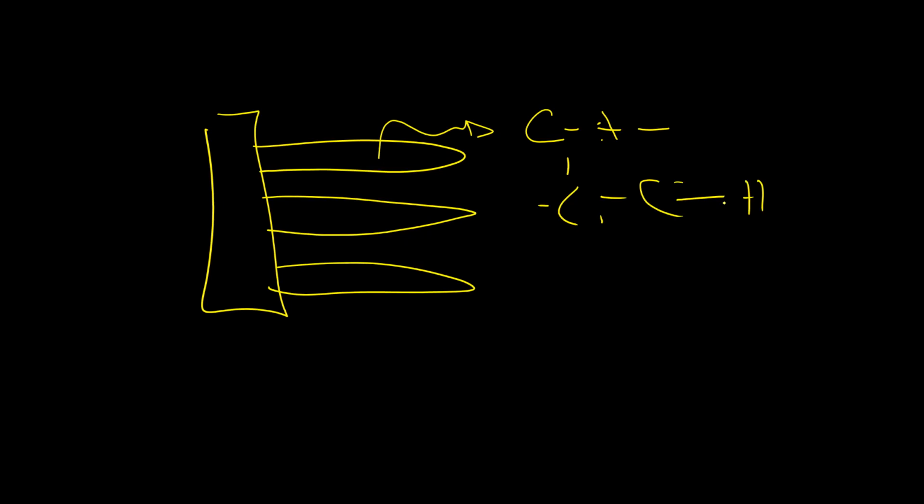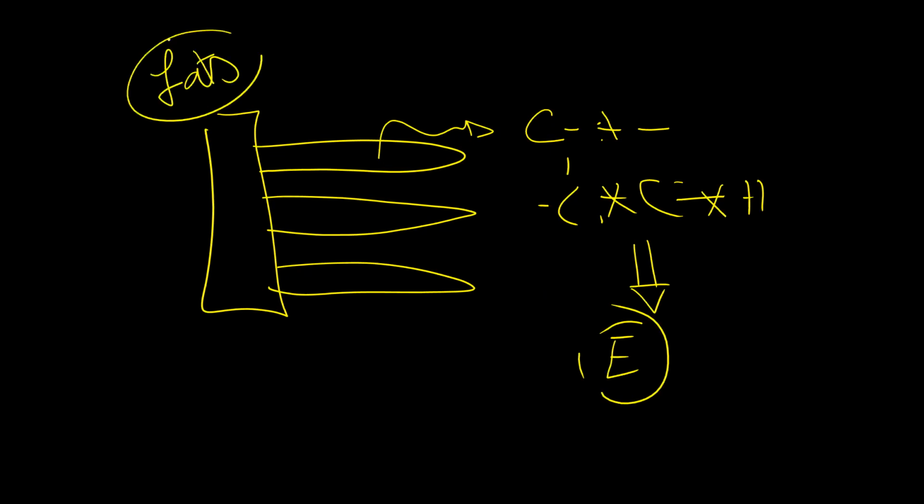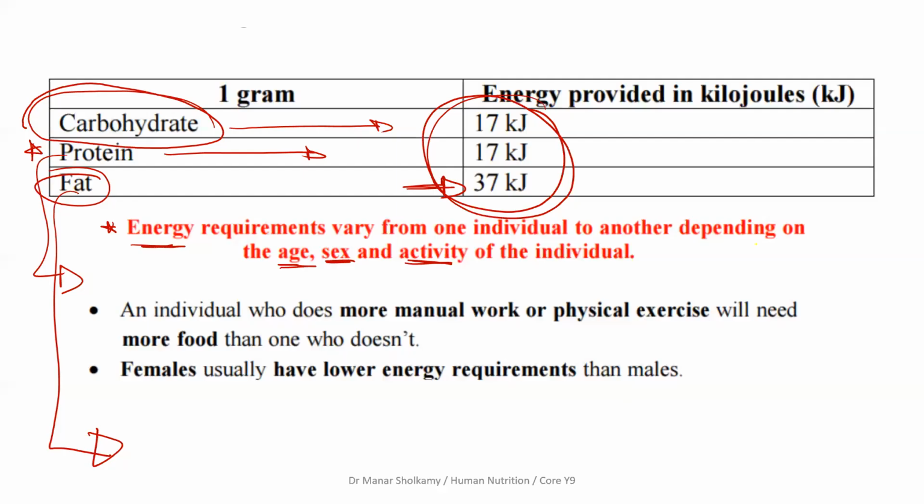These hydrocarbon chains, when they're broken down, give you lots of energy. So the reason why fats give you lots of energy is because of their molecular structure. They have lots of carbon-hydrogen molecules, and when these hydrocarbon molecules are broken down, they give you more energy. Carbohydrates have less hydrocarbon chains in their molecular structure. That's why when carbohydrates are broken down, they give you less energy. Oh, okay, thank you. You're welcome.